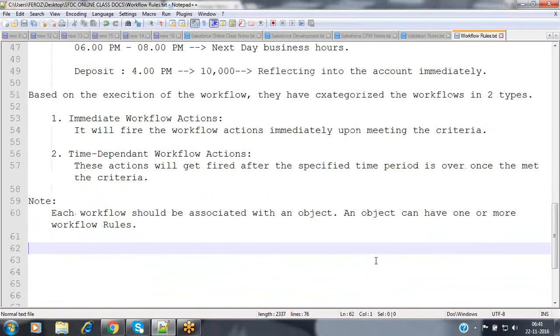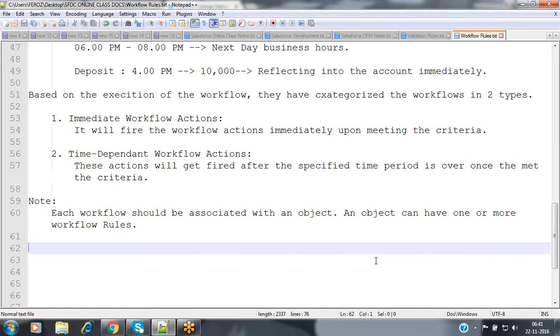Now, Feroz, one question. Yeah. Is it possible to associate one workflow with multiple objects? I mean, if we create a workflow for creating an object, can we have a single workflow so that whenever a different object is created, we can use the same workflow for that?